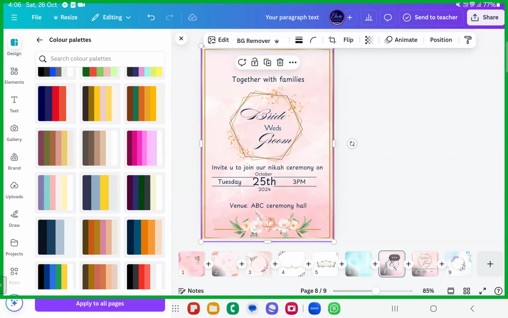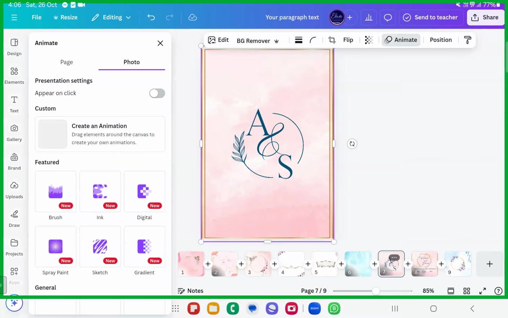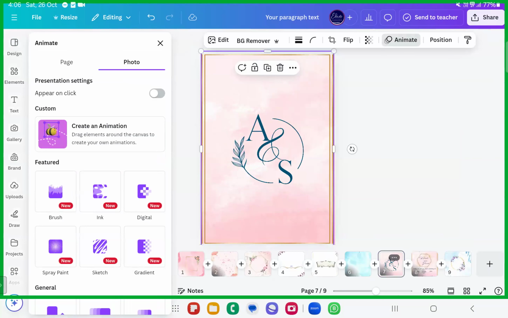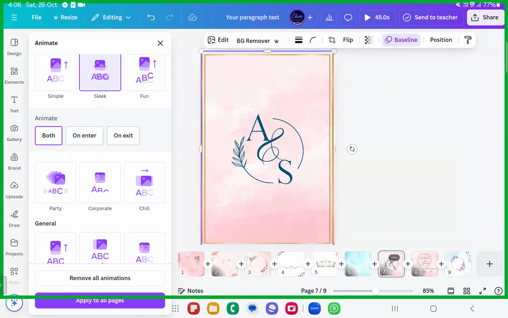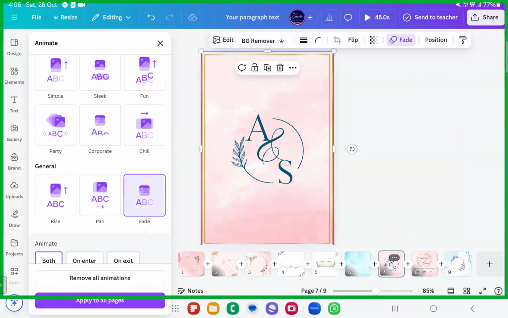Now if you want to create a video out of it, for example, I'll just animate the stuff that is here. Animate, page animation. We'll just go ahead with the animate button. And there are so many new animations that are added here, sisters and brothers. Inshallah, we'll show you in the video editing sessions. We have some beautiful animations like this.